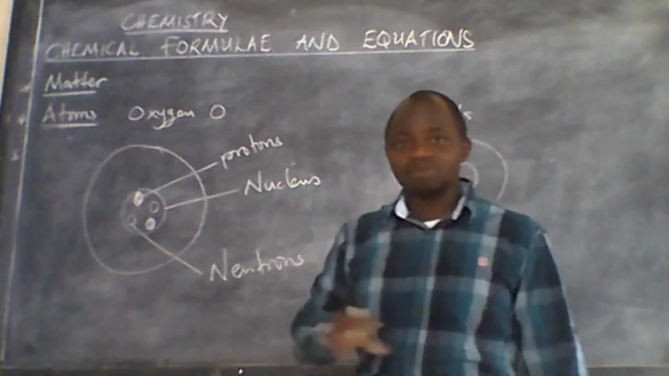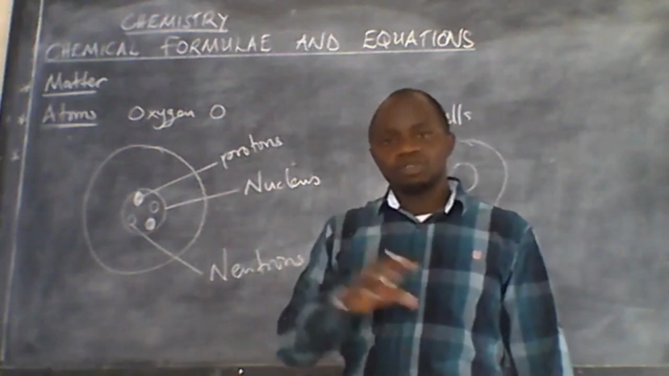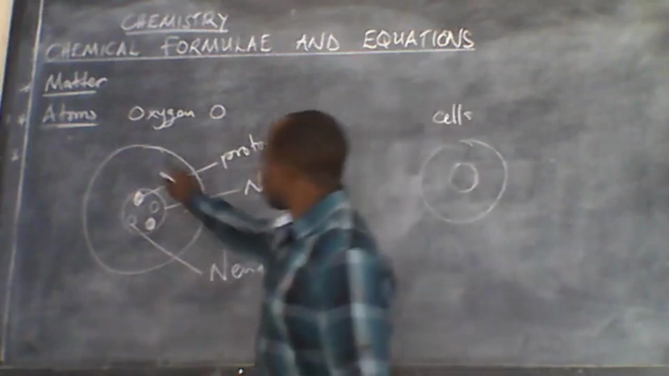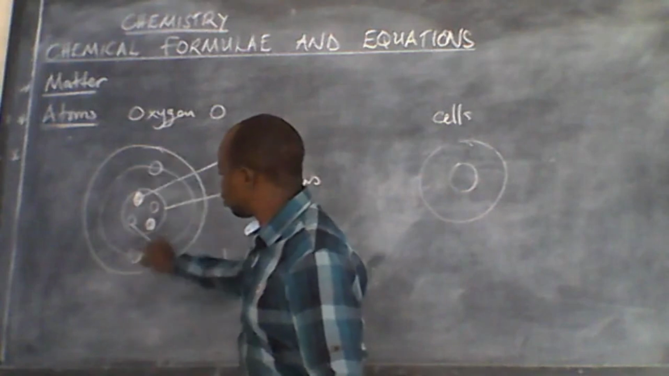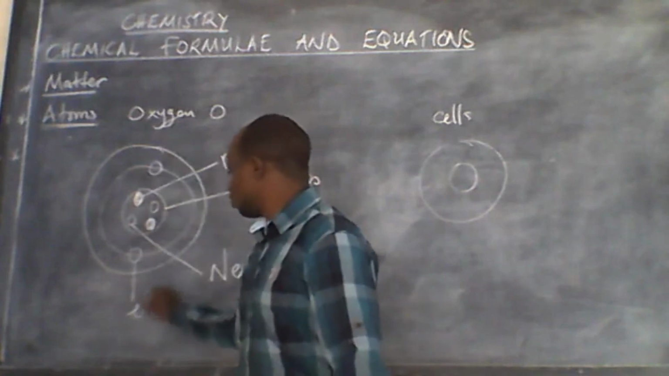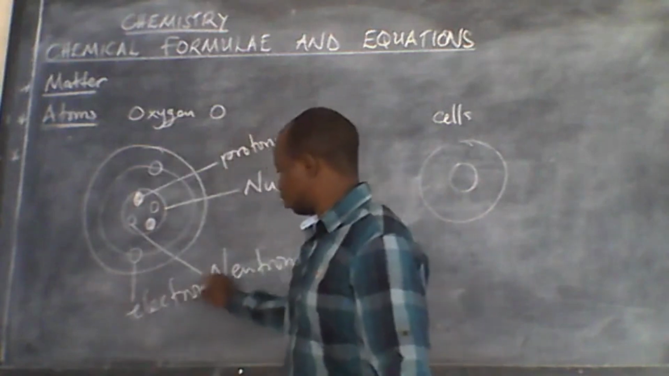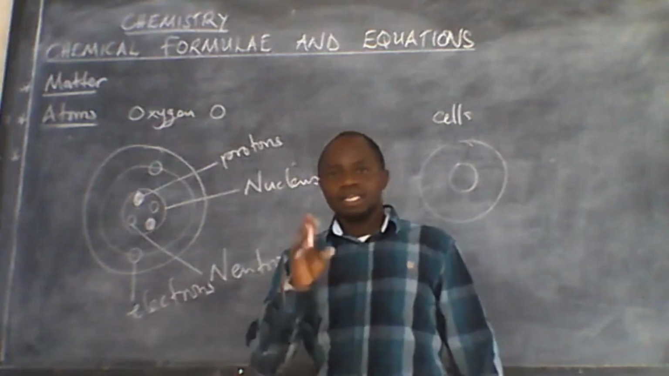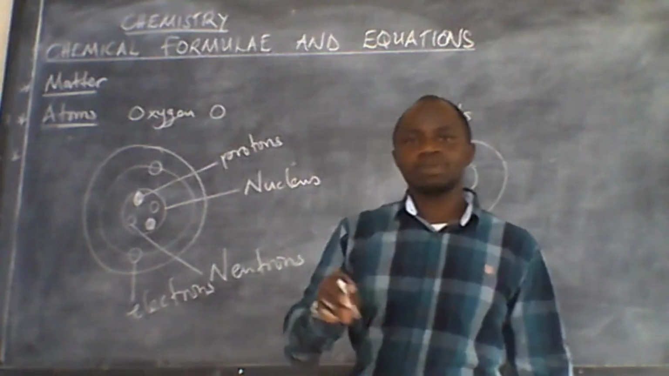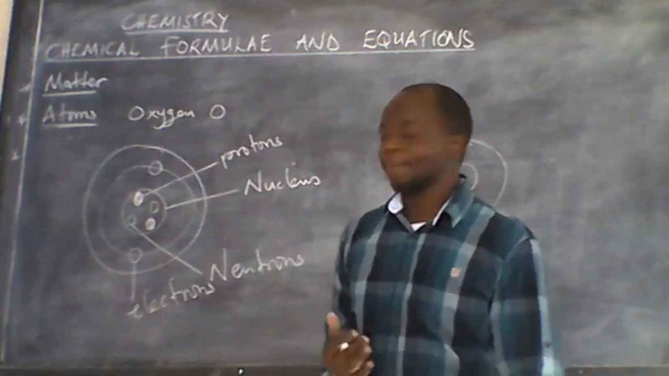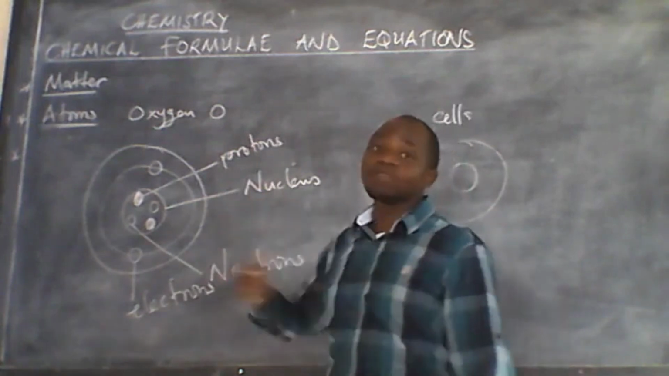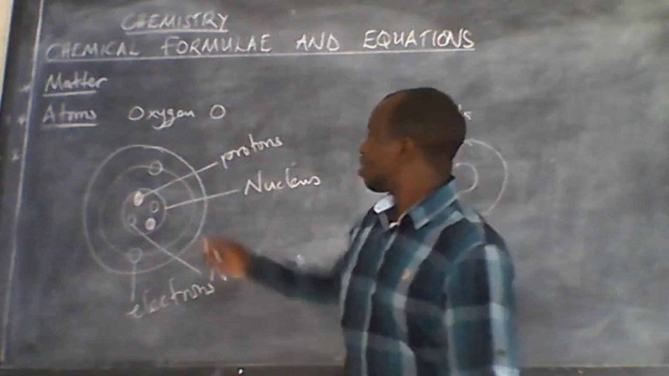What surrounds the nucleus of an atom? These we call electrons. So electrons, ladies and gentlemen, revolve around or surround the nucleus of an atom. The ring you are seeing